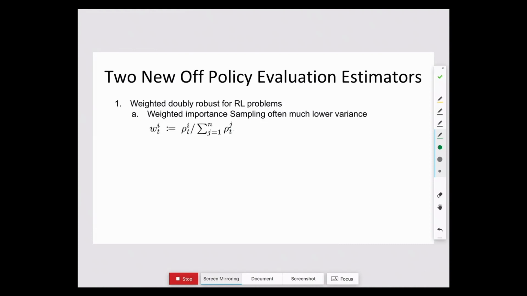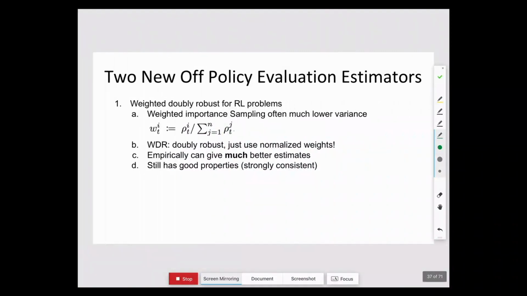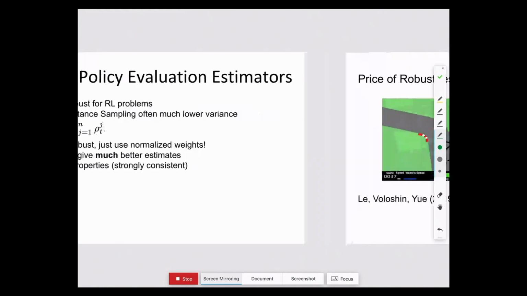So we introduced a couple of different estimators in this ICML 2016 paper. One builds on the observation that, just like for weighted importance sampling, which I'm not sure if you guys talked about before, but is a common trick to greatly reduce the variance of importance sampling, and we'll have a question on that later today, we can do that for the doubly robust estimator too, and that can make a very big difference. So much lower variance, small bias. And empirically, it often does extremely well. So just a really simple reweighting.